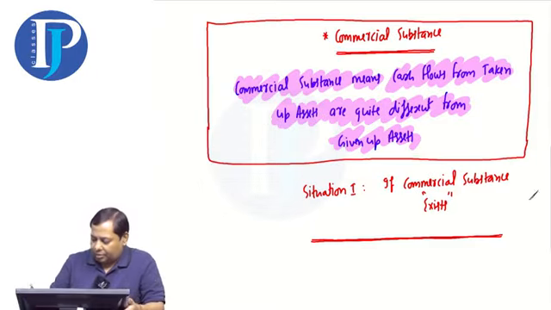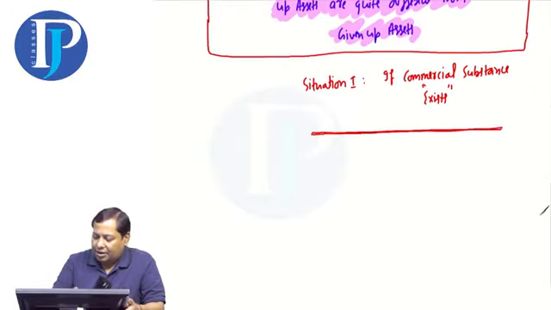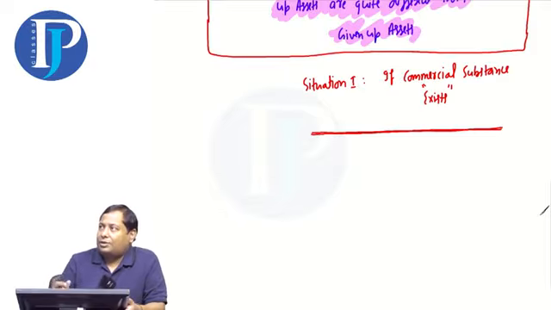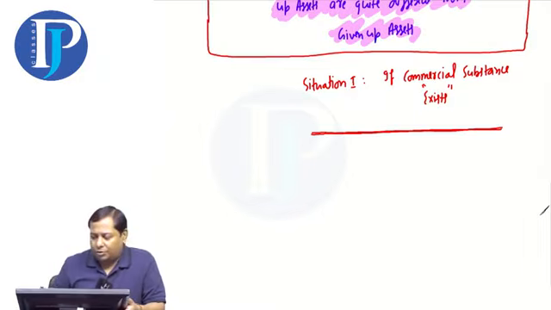So the point is that if the commercial substance exists, then how will we do its accounting? Here we were in last class, so we'll continue that. And today we will try to finish this concept number 5, the initial recognition, and then we'll start concept number 6, subsequent recognition. So let's start.